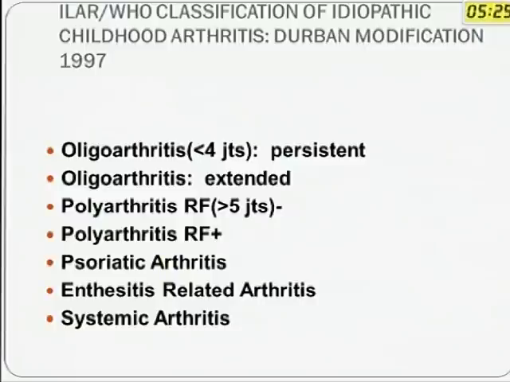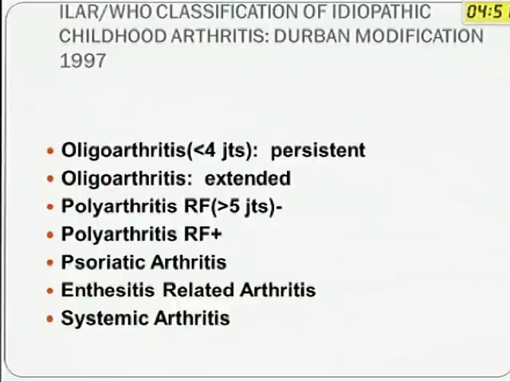If they have the kind of presentation where they start with enthesitis, that is inflammation of the tendon attachment to bones, commonly the heel, the plantar aponeurosis, the quadriceps and other places. Start there, then develop lower limb arthritis, progress to sacroiliitis. This is the enthesitis-related arthritis group. This name has been changed. This used to be called juvenile spondyloarthropathy. The reason the name has been changed is because not all children who have ERA will go on to ankylosing spondylitis. So this is a much more common group.